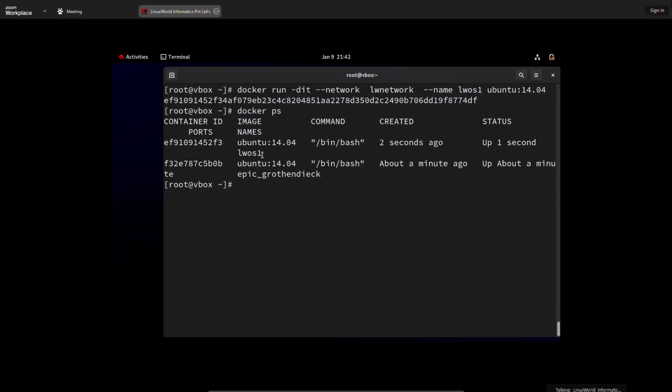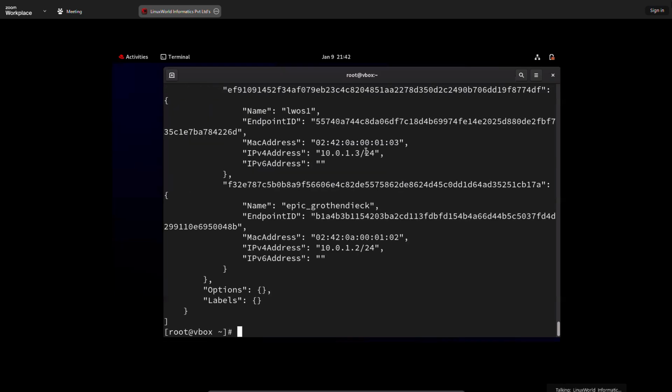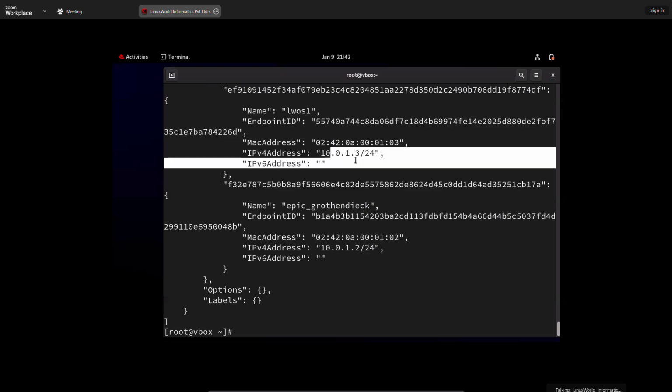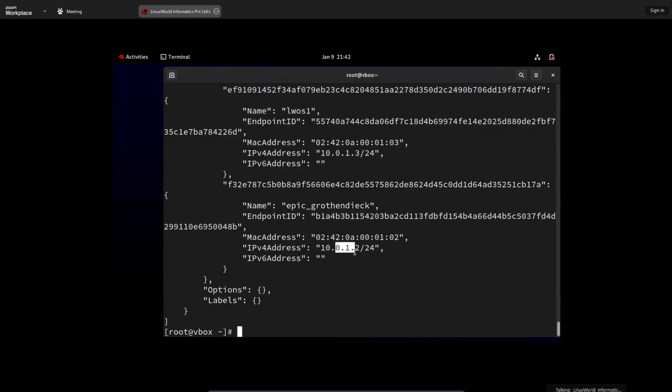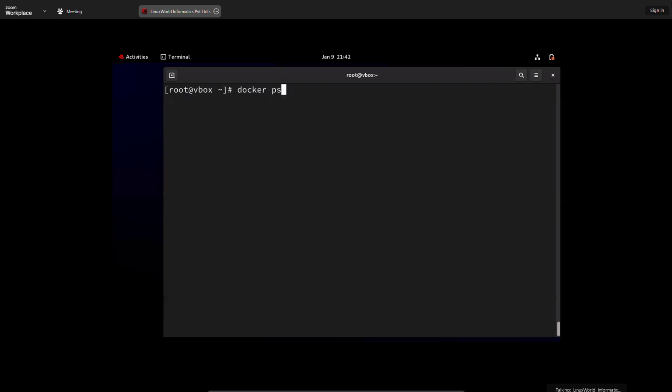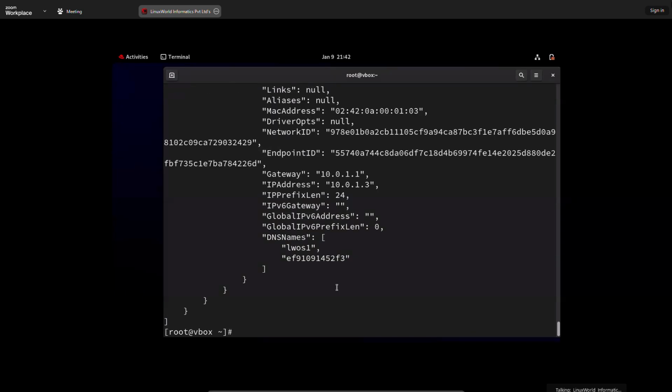Container name. If you inspect this container, you see two containers running in the same network. The IPs 1.1 and 1.2 belong to the same network, and this is the network we designed and created. That's what we can see. Very quickly, if you inspect the container Linux World OS 1, whatever container name we gave, you can see